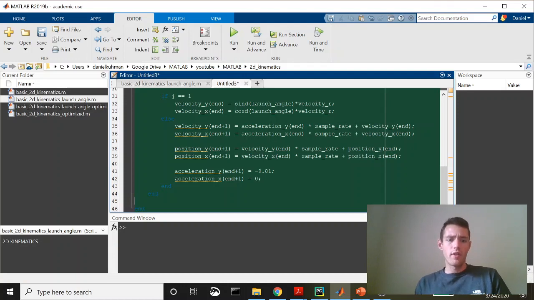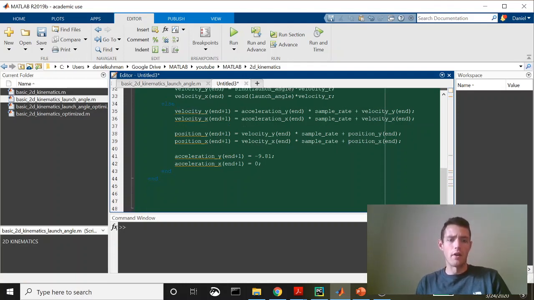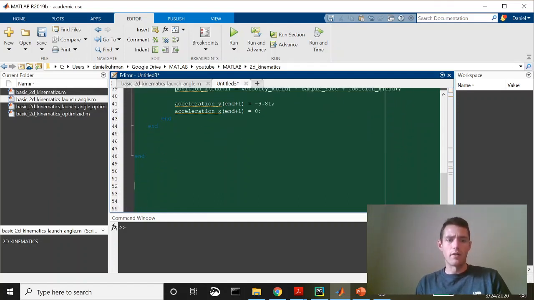Okay, the only other thing that we have to do here is actually gather the data that we calculate. I'm going to do that in that variable that I initialized at the beginning called distance cleared. We're going to say in the iteration row, so this is in the for loop, outside of the while loop. On the first loop, i is equal to 1. On the second loop, i is equal to 2. On the third loop, so on the i row,